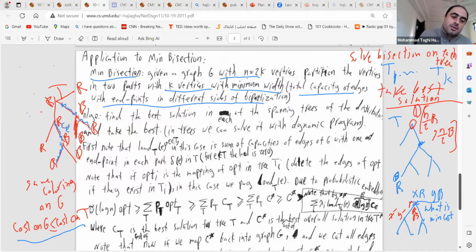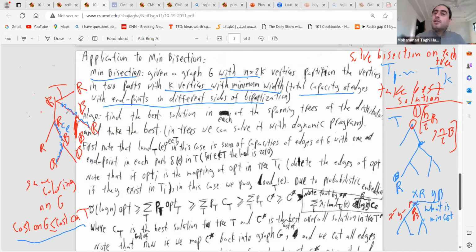But if you just cut the corresponding cuts, the total cost would be at most the cost of edges in this tree. So we know that. So we obtain a solution, and its cost is at most that. The only thing that remains is to show